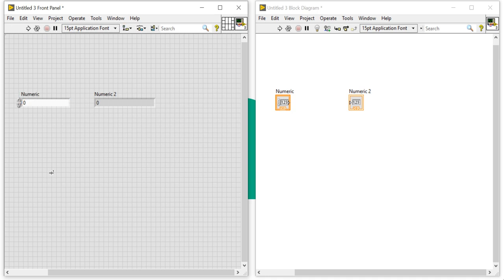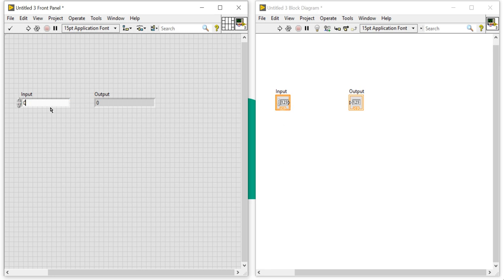Here I am going to change the color and change the name. It's numeric control and numeric indicator. The numeric control is responsible for the input value, and using the indicator you can display your data, you can display your logic. So here I am going to change the name. How can I change it? Double click, input, and here I am going to change the name to output. Input and output. Now if you want, you can connect.